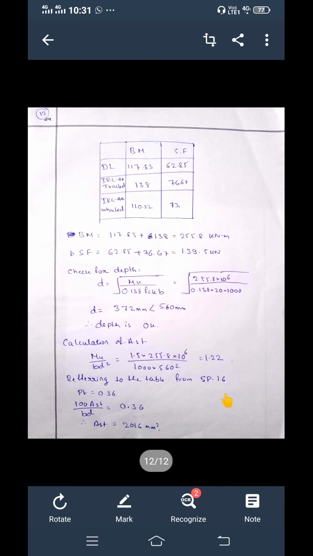I know these are lengthy problems. If you solve one or two problems, you will understand them. You are free to ask me at any time. I will never mind your asking. If you ask me, I am very happy for that. I know it is difficult to understand with the video, because what I am doing is just explaining. This design subject will be understood when you do it with write-up and calculations. When you type out the calculation, then only you will understand.